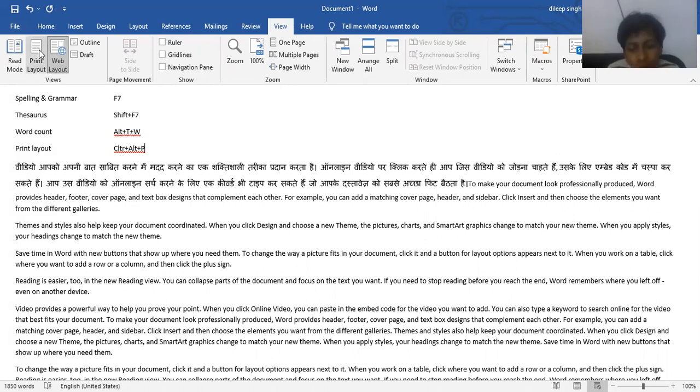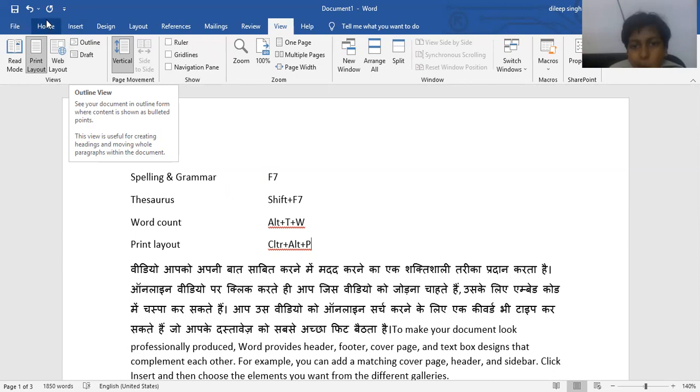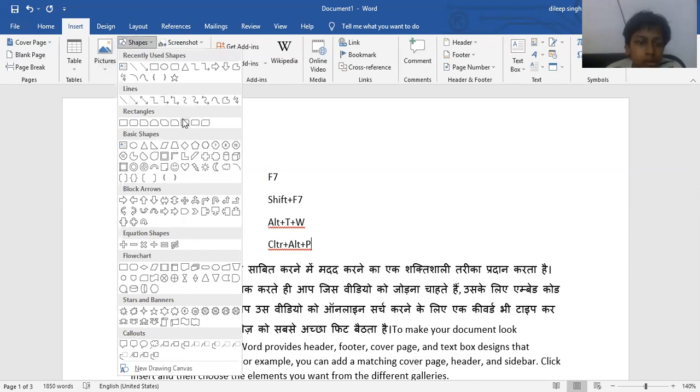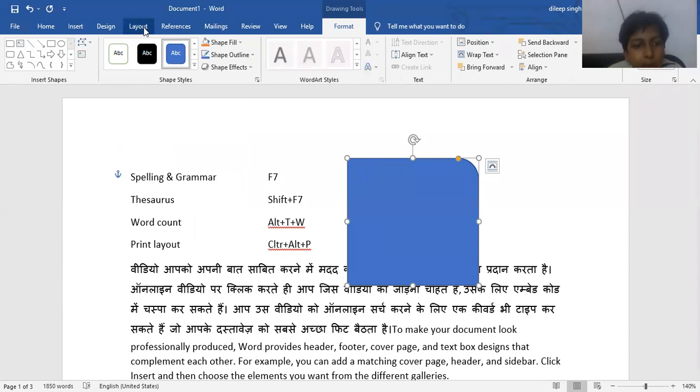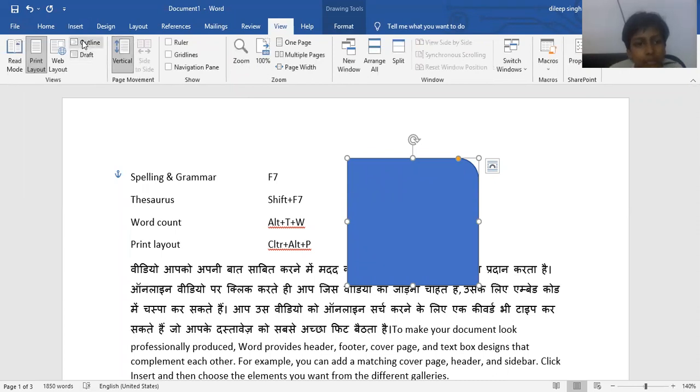Next option is outline. What is the use of outline? Outline represents only the paragraphs and lines, not any symbol or object. For example, here we add some shapes like this. If you want to work only on the text content, just click on outline.